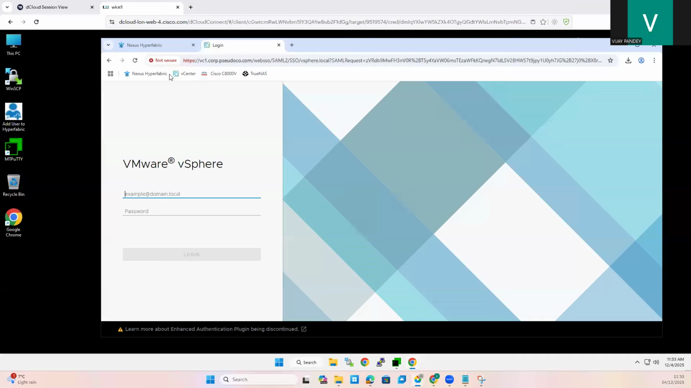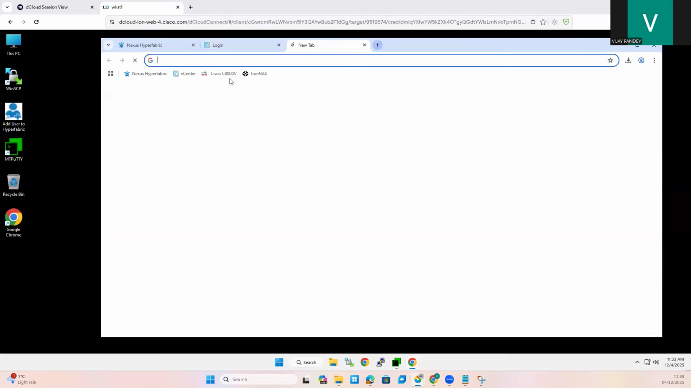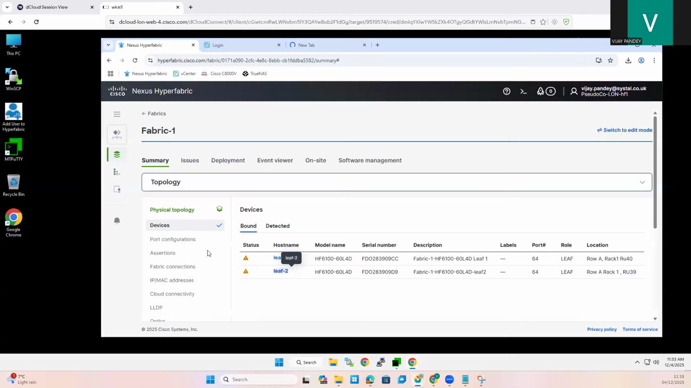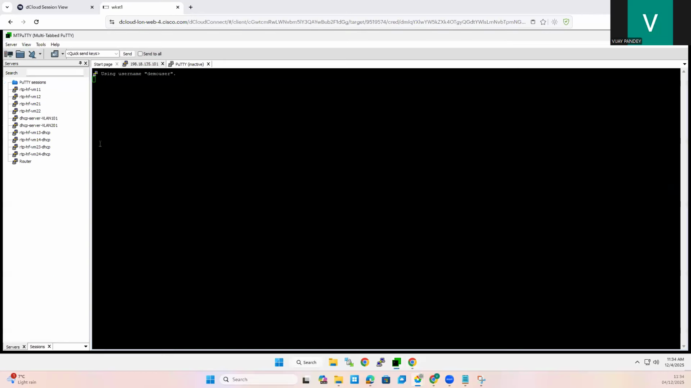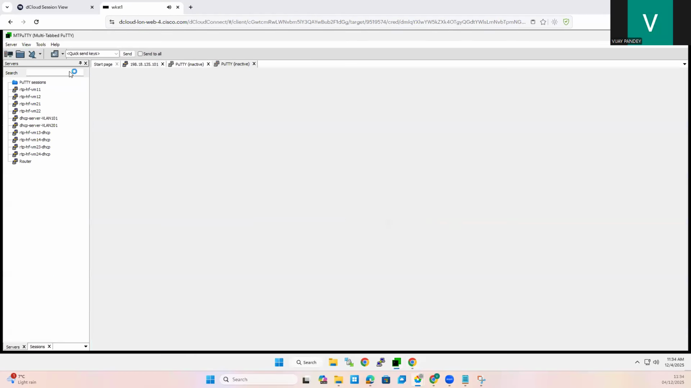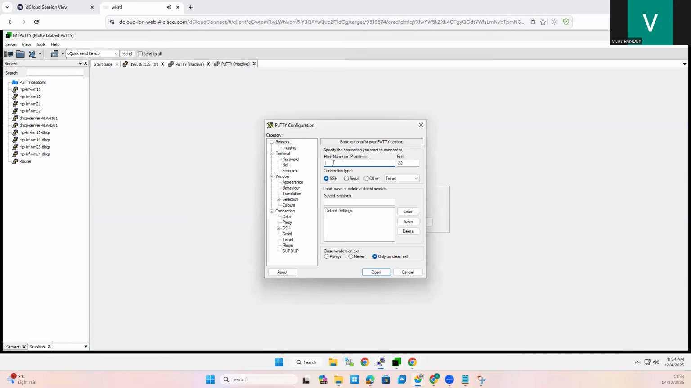So let's see if it works fine. Otherwise, what I can do here is, if these VMs are down, at least they should not be down. Or else, I can go to PuTTY. You can see that, what is the VM IP? 170,